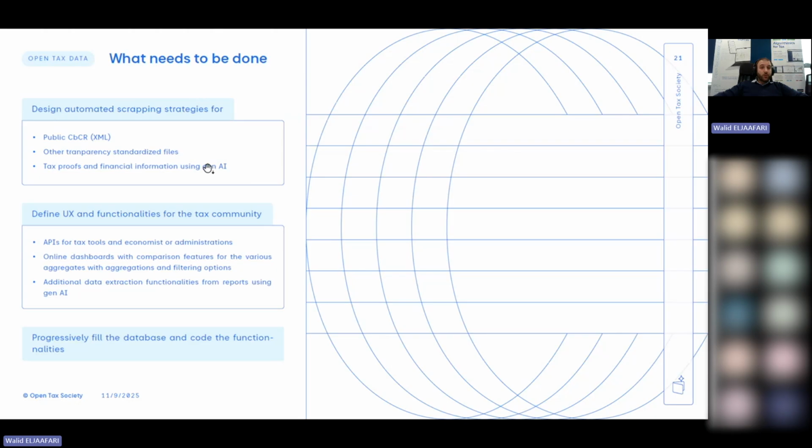In terms of what needs to be done, to be honest, it's a bit clearer and it's simpler. So basically, we will develop scraping strategies for all of the information that I listed above. Scraping meaning a robot that will go to the right places online to download this information and put it in a centralized database. We will also define UX and functionalities so that anybody in the tax community is able to access this information, use it in order to analyze the way it wants, and we will add APIs to allow